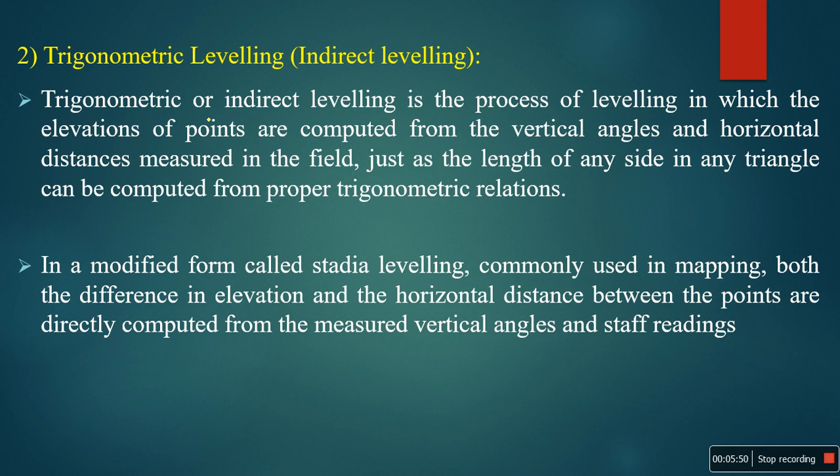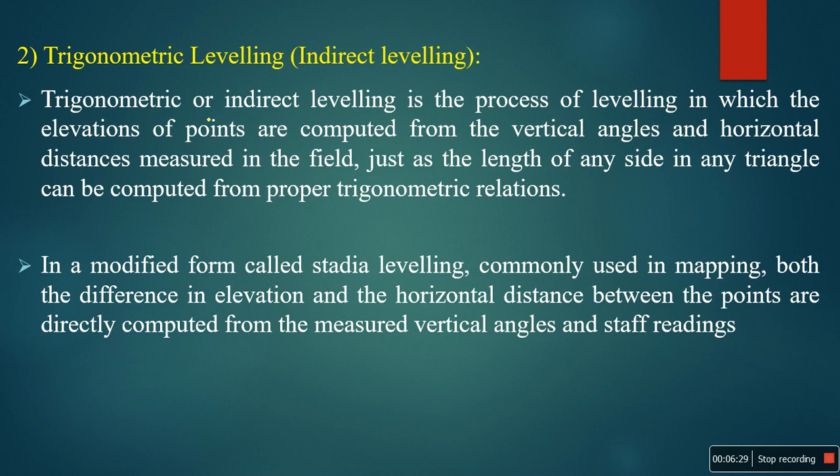So here basically it is trigonometrical relations. We just have to measure the vertical angles or horizontal angles, and the distance between the points. This is one of the methods used for finding the elevation between the points. This trigonometrical leveling we'll discuss in a later part, because there is one small part in the fourth and fifth module. We'll discuss it in detail in that chapter.